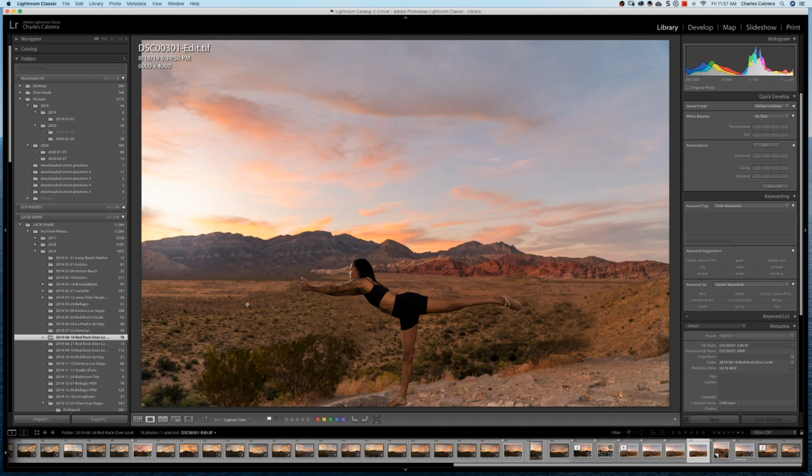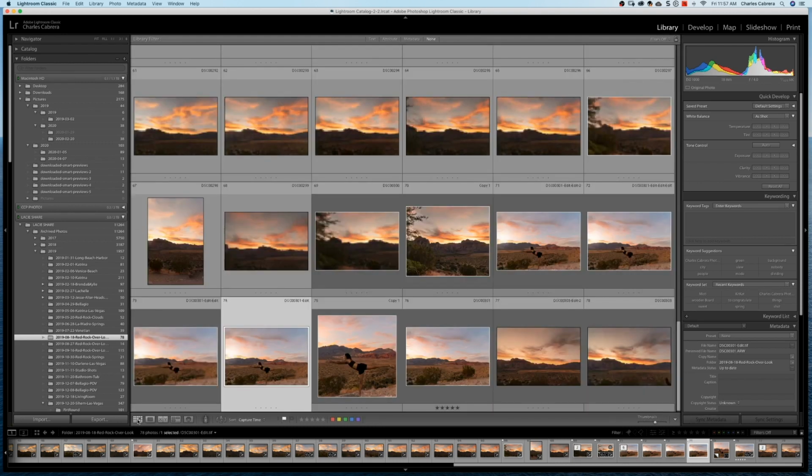So as we pointed out before in the library module overview, I can see this whole film strip at this grid view glance. And down here, I can rate any of these photos with the rating system and sort and add metadata and keywords to each of the photos and organize all my photos in one place. So this is one of the main reasons to use Lightroom.